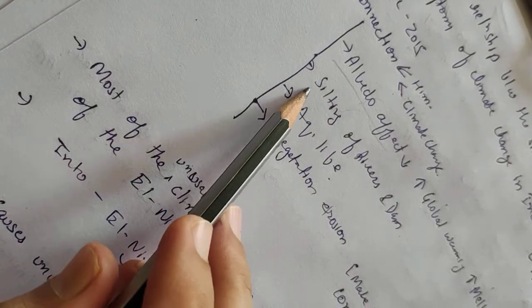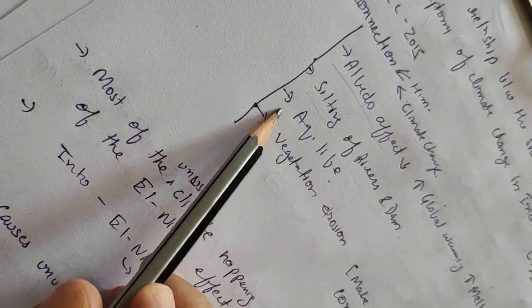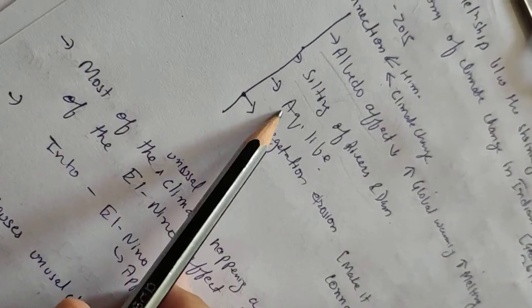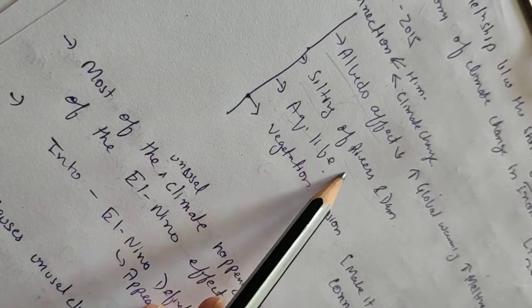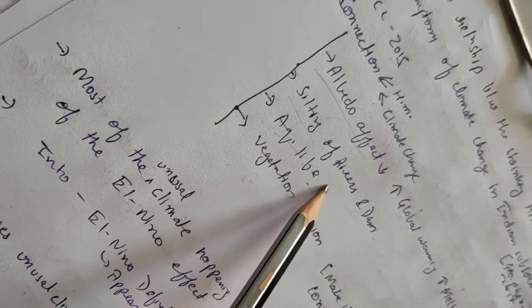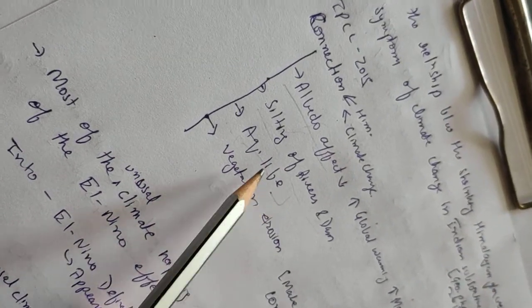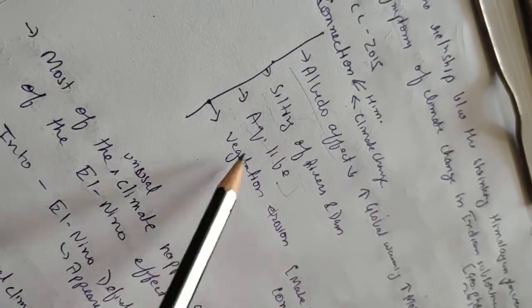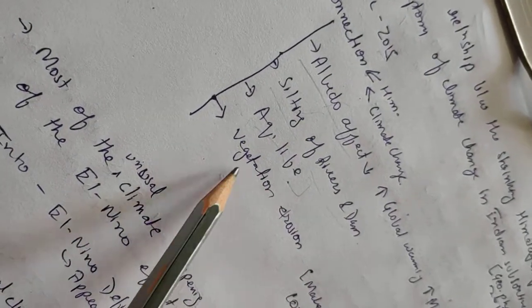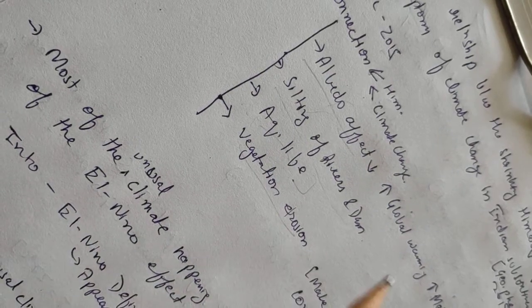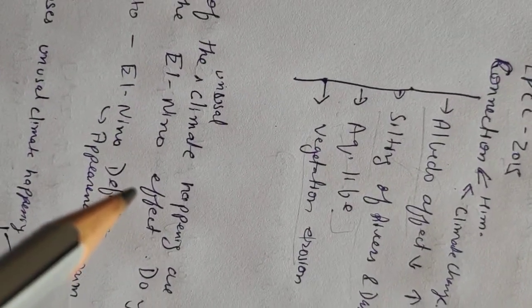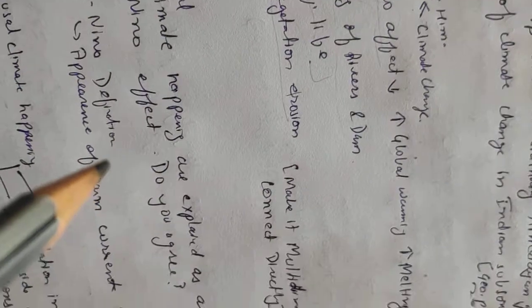Now there is also silting of rivers and dams. It will also lead to changes by the melting. So aquatic life will also be hindered, both positively and negatively. But we can make it under the symptoms of climate change. So aquatic life will also change. Vegetation will also get eroded in different areas, like the different forest reserves and national parks which are situated in the course of rivers. So they will also get affected. Okay,